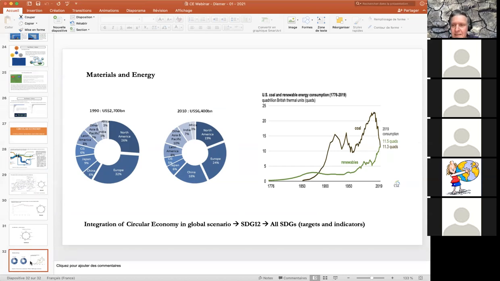I will finish on this last diagram because I think we mentioned this at the end of 2019, but we didn't see what these diagrams involve. For the first time in 2019, I should say, the consumption of coal was the same as the consumption of renewable energy in the United States. I think it's very important information, because we could say, oh, very good for circularity, because of CO2 emissions, very energy-intensive industry.